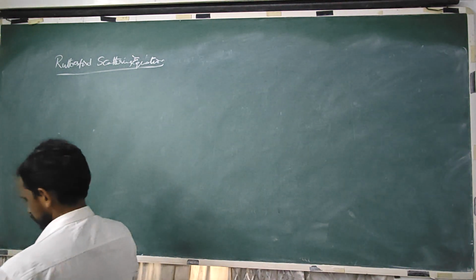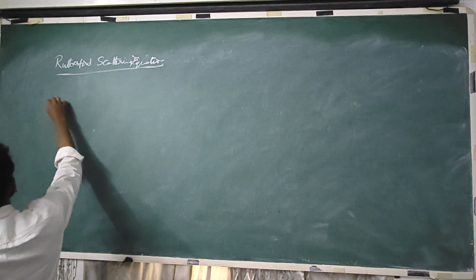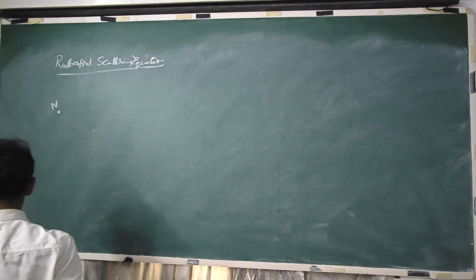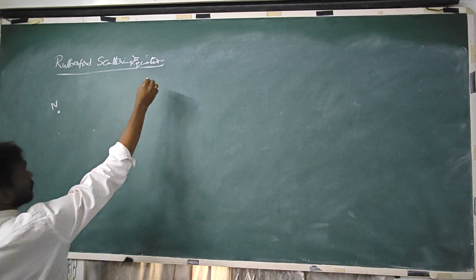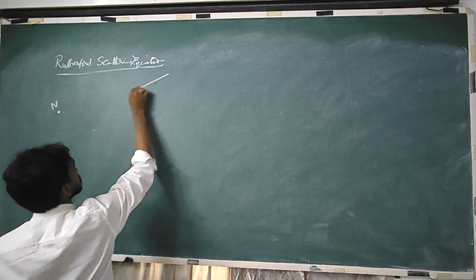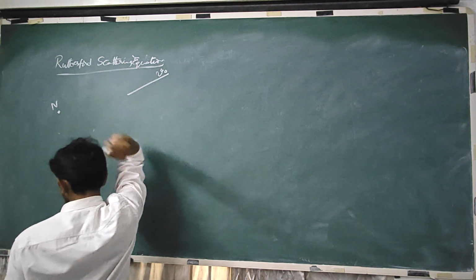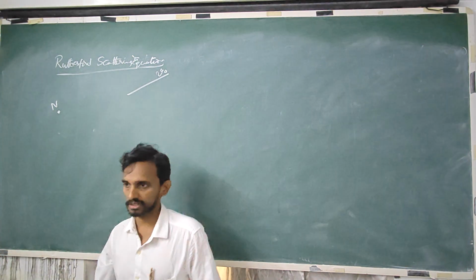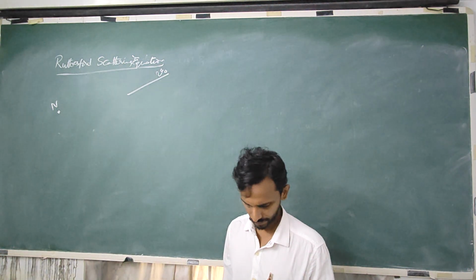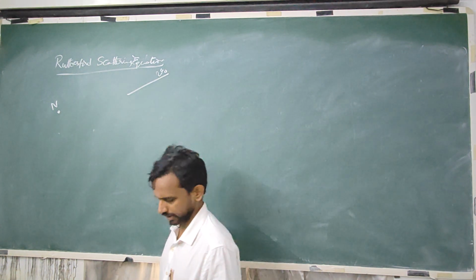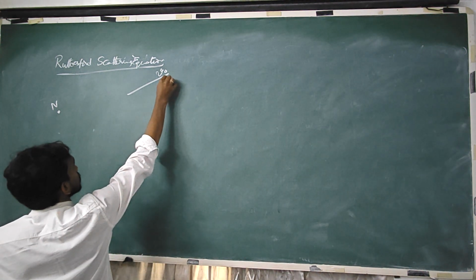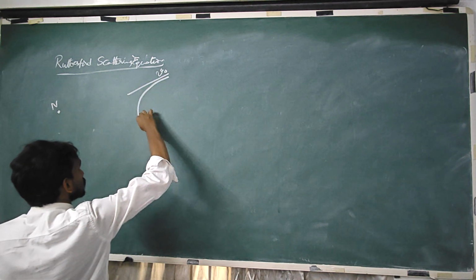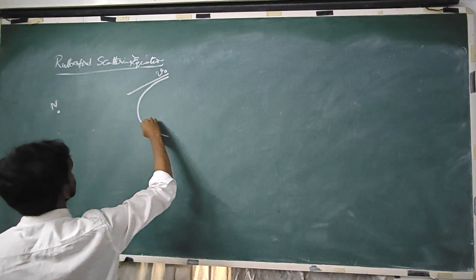So here, let's say N is a nucleus, and an alpha particle is incident with velocity v naught. v naught is the initial velocity of the alpha particle, and the particle will take a hyperbolic path